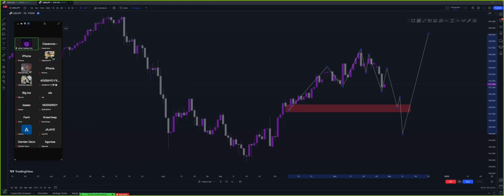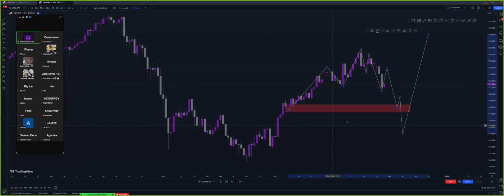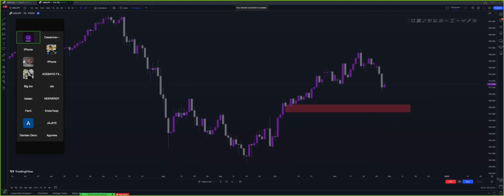What this simply means is this. We are not going to be buying immediately the market gets into this demand. We are going to wait for some sort of change of character. So what that change of character simply means is this. When the price finally trades into this demand here, we are then going to shift our focus to the 15